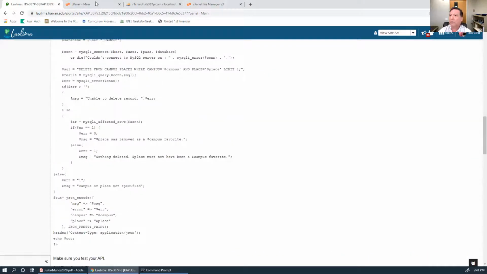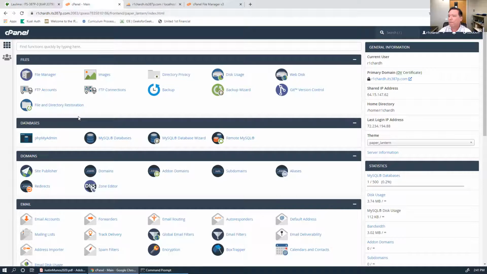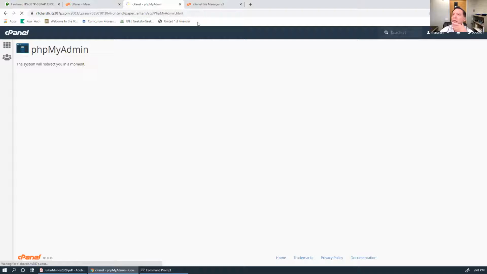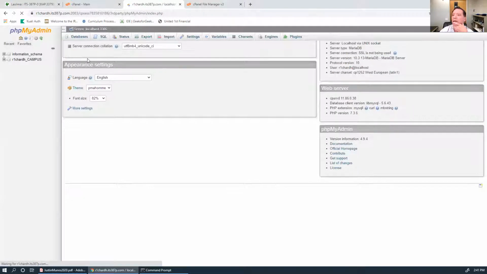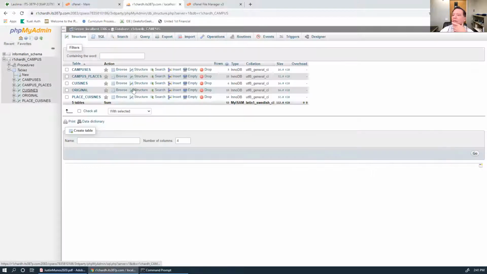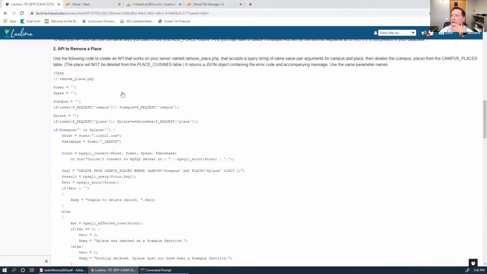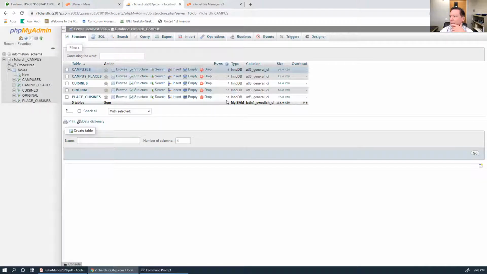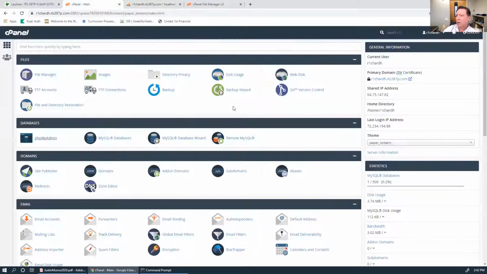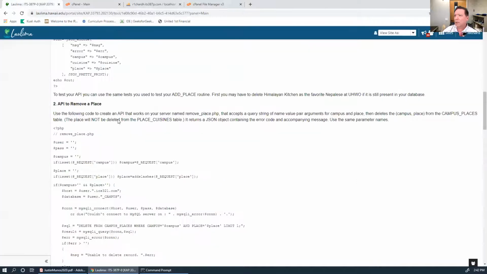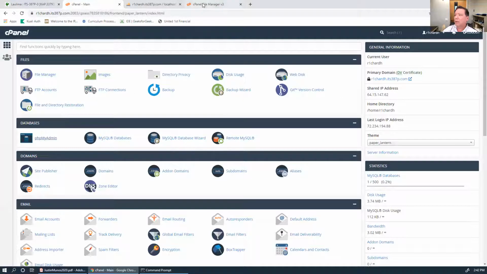All right, so I'm going to go into my cPanel. I log into my cPanel, and I look in my phpMyAdmin, and I should see my campus database there. You should already have that all done from assignment 3 or 2 or whatever. Anyway, you have all those, and they're all populated with some places and so on. And then I'm going to go into my cPanel, go into my file manager here,